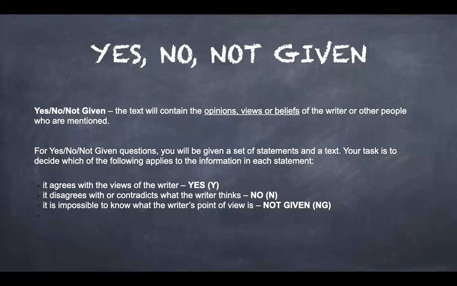I'll repeat myself. Yes, no, not given is basically dependent upon the writer's views, opinions, and beliefs. For the answer to be yes, it has to agree with the views of the writer. For the answer to be no, it has to contradict or disagree with the writer's view. And for the answer to be not given, we do not know what the writer's view is. So let's go and solve some